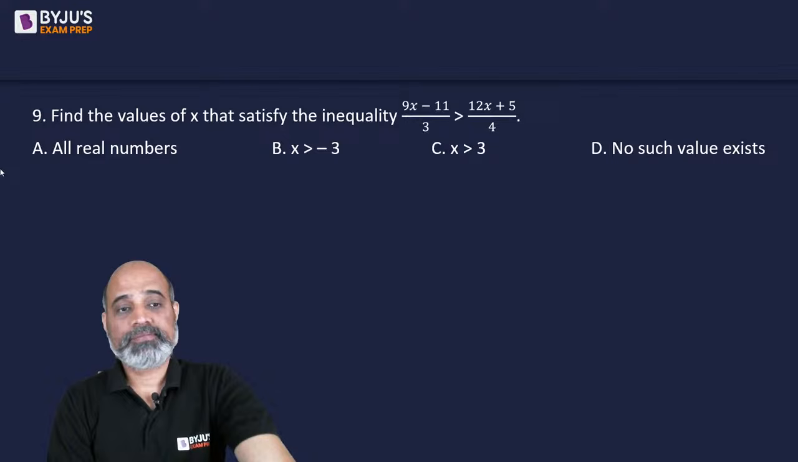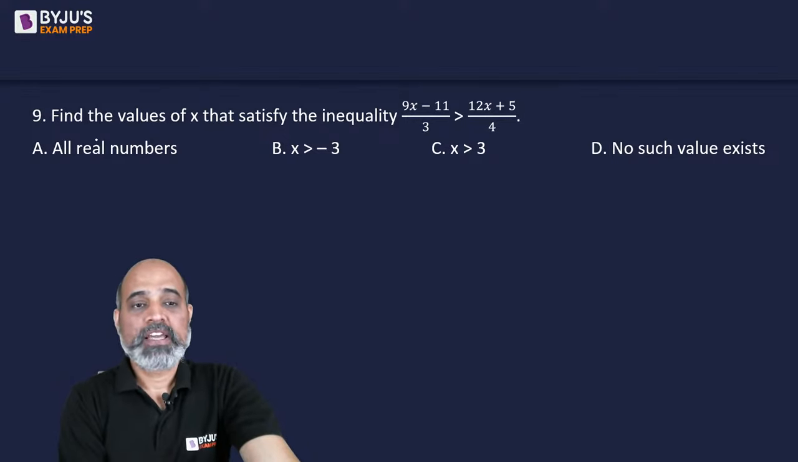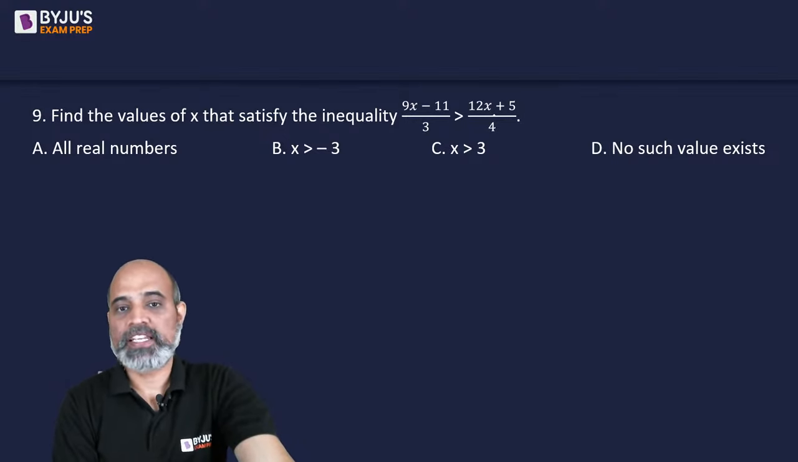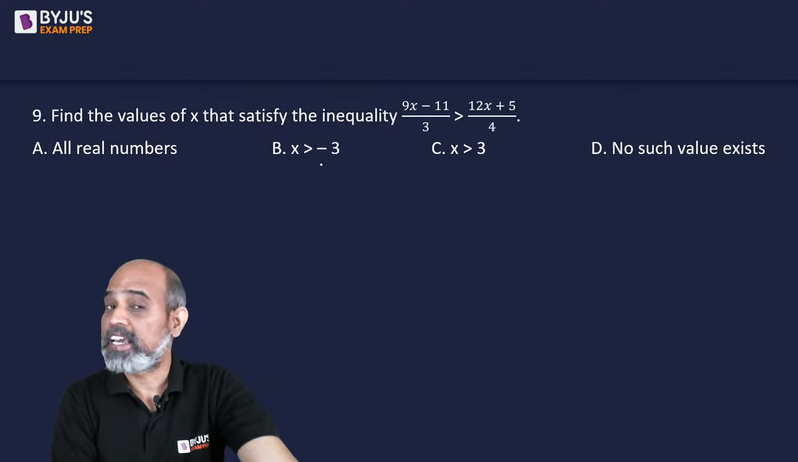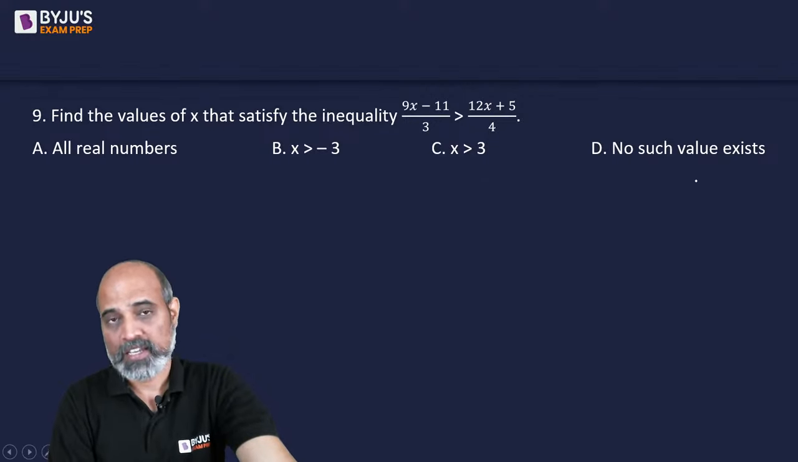The next question, based on inequality, find the values of x that satisfy the inequality. Now we have 4 options, right? All real numbers, x should be greater than -3, x should be greater than 3, and no such value exists. So